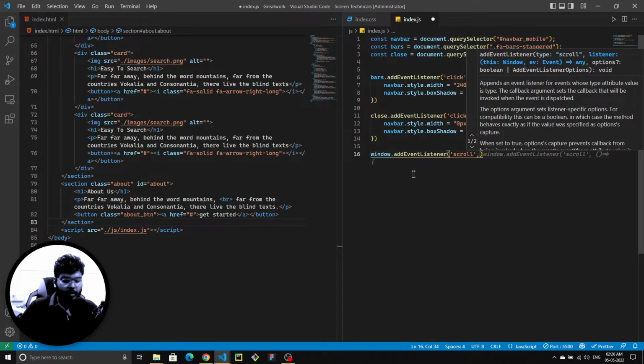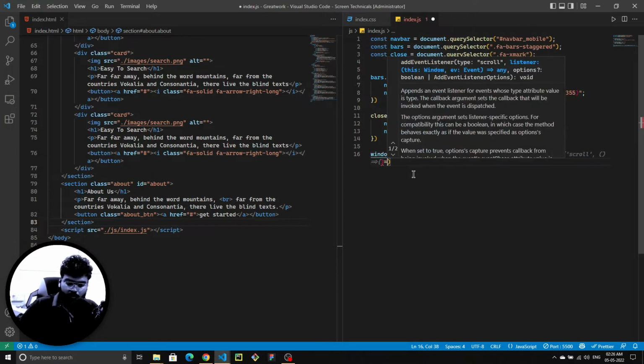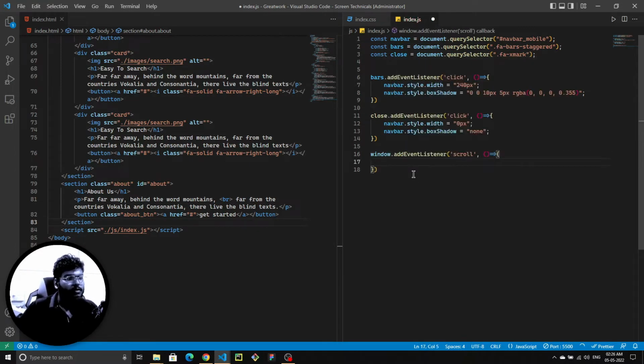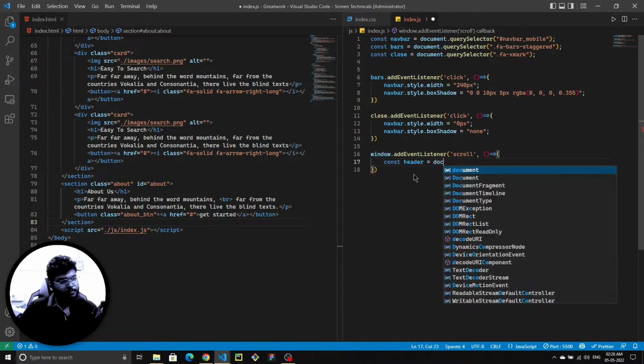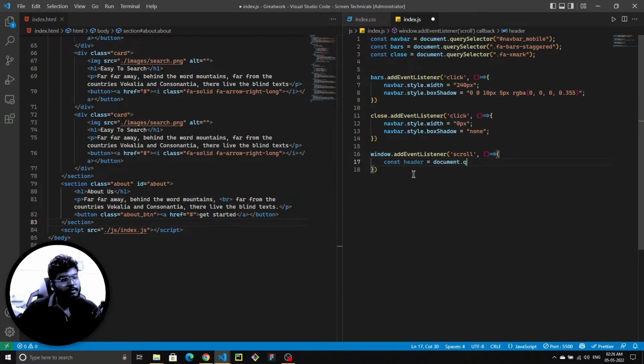And then I'm going to create a function at this point, just like this. I'm going to get the const variable. I'm going to fetch the header. So header is going to be document dot query selector, that is actually header,